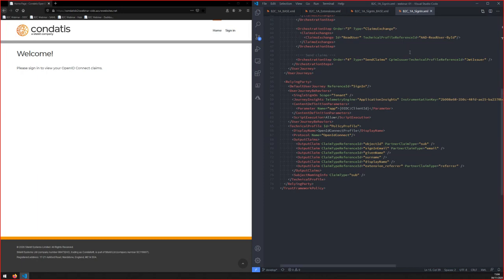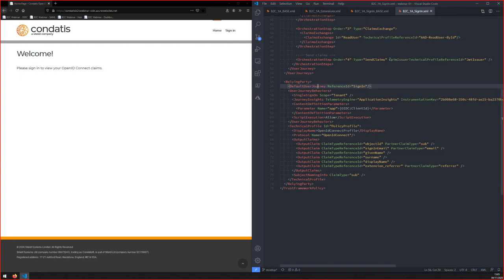So let's take a look at this policy, the user journey policy, and what exactly it is that it's going to tell B2C to do. So we've got an OpenID Connect relying party. We need to define in this user journey policy that we're going to have an OpenID Connect relying party connecting into B2C. We're defining that when it receives that connection and when it's executing the sign-in policy, then we're